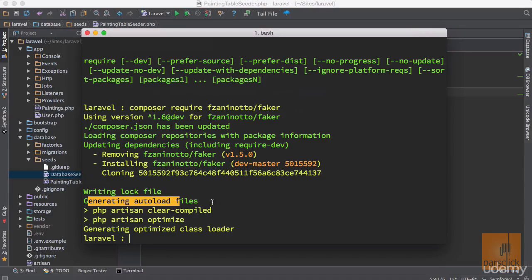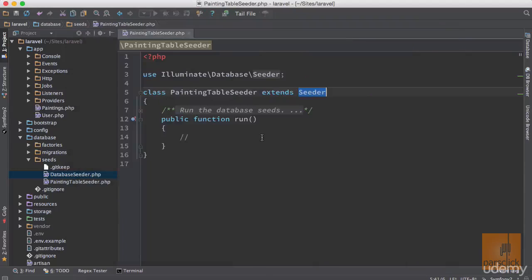So if you go back to your autoload files, which is inside your vendor, you won't be able to see it until you have gone to your folders and see this vendor. In the vendor folder, you have all of your composer files and directories. So you went ahead and issued two other commands, like artisan clear-compiled and artisan optimize. So now we can actually work with this